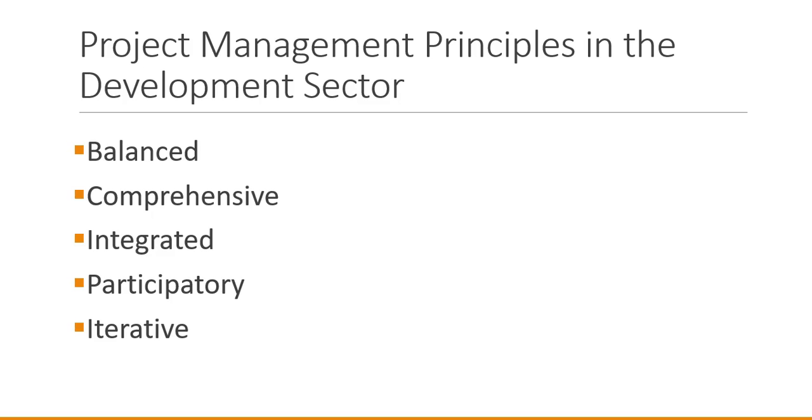And finally, project management is iterative. We make some progress, we might have some new ideas, we might want to make changes based on those new ideas, and the iterative concept means that the plan we have at the beginning isn't exactly the plan that we're going to need. That doesn't mean we don't plan. We do want to have a plan. But as we work through the various stages of the project life, we might make observations, get new information, and make some changes. That's the iterative feature of project management.